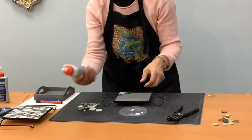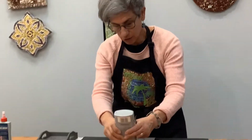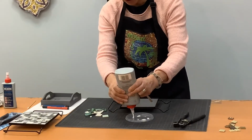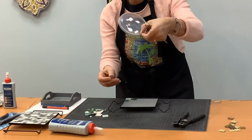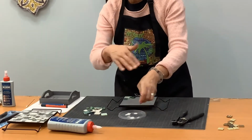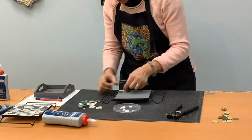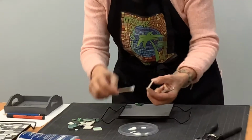The glue that you have in your pack is called Weld Bond. It looks like Elmer's glue, but it cures much harder, and then it dries clear. So don't worry if you get any glue on top of your tile, it'll dry clear. Get yourself a little top, like a recycled thing, or a piece of paper towel works as well. I just start from the corner. For the bigger tiles, I use the little stick that you'll have, and I just put